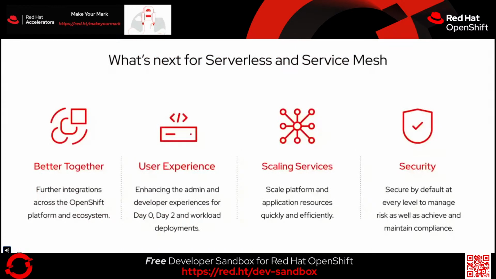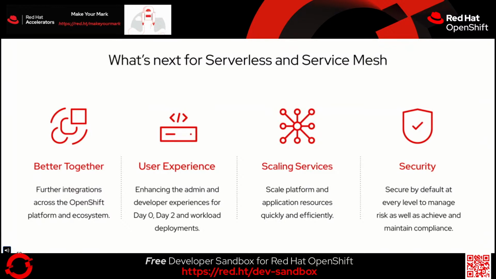So what's next for service mesh? Two big and fast growing areas, or I should say serverless and service mesh. Serverless and service mesh provide easier ways to develop and run applications on OpenShift with a secure and out-of-the-box day 2 story. Serverless allows you to build and run applications without requiring a deep understanding of the underlying infrastructure, while service mesh addresses common challenges with microservices such as security, observability, resilience, deployments, and more, which takes the big load